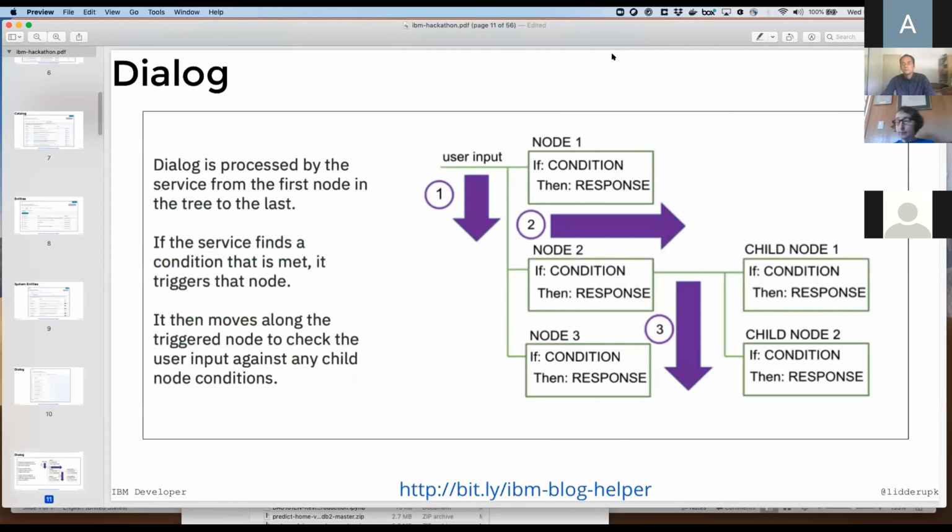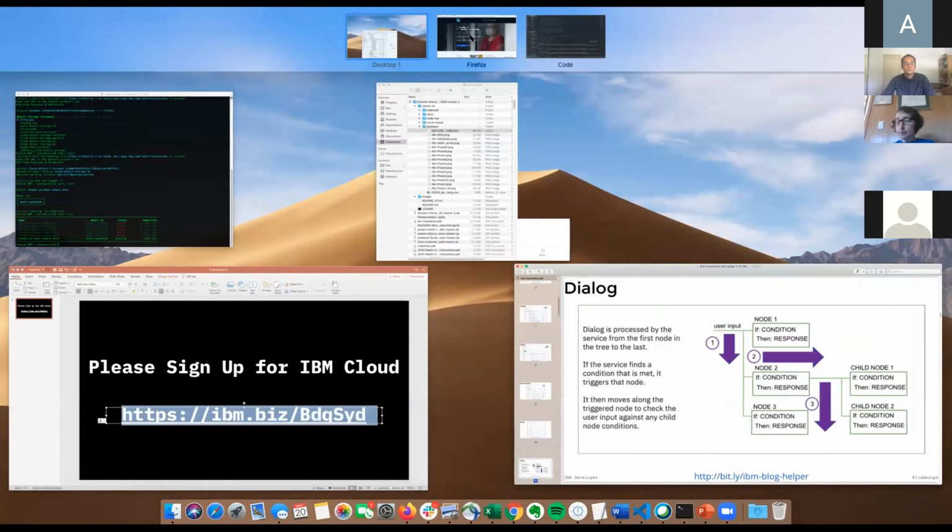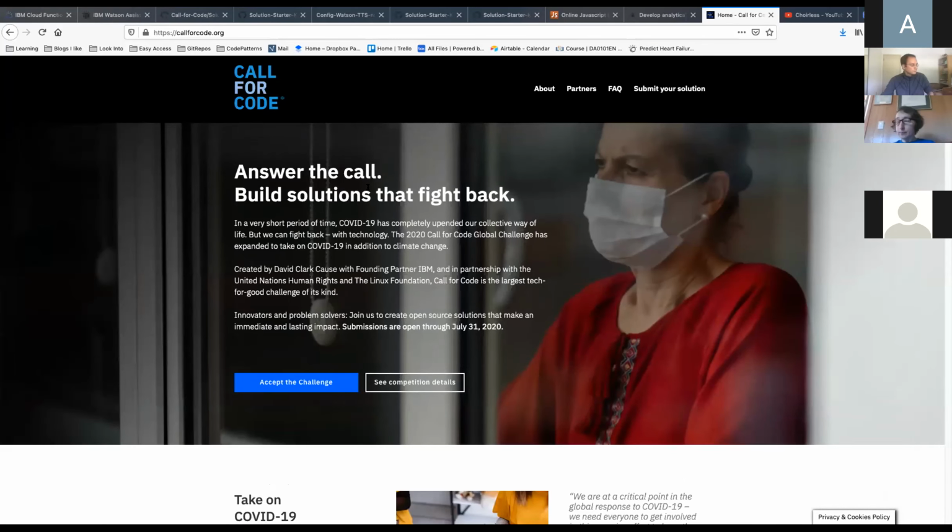The last few things I wanted to talk about. So I wanted to show you all, I'm going to share my screen again. I know you guys are all doing a teen hackathon right now, but I wanted to talk to you a little bit about a hackathon that IBM is sponsoring.